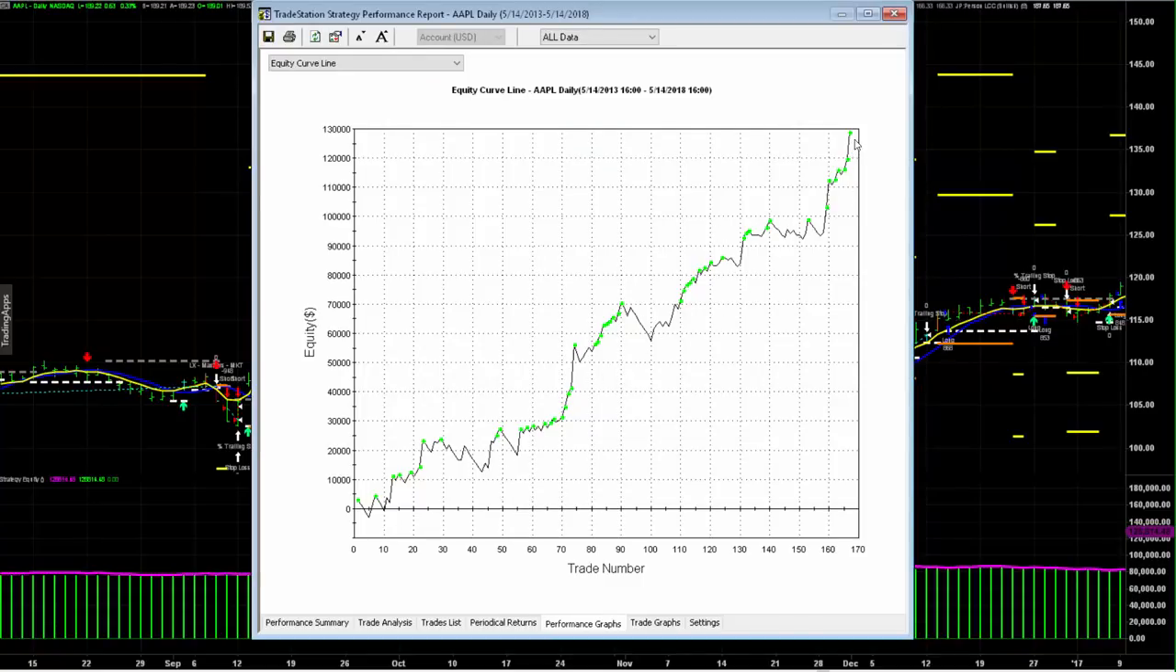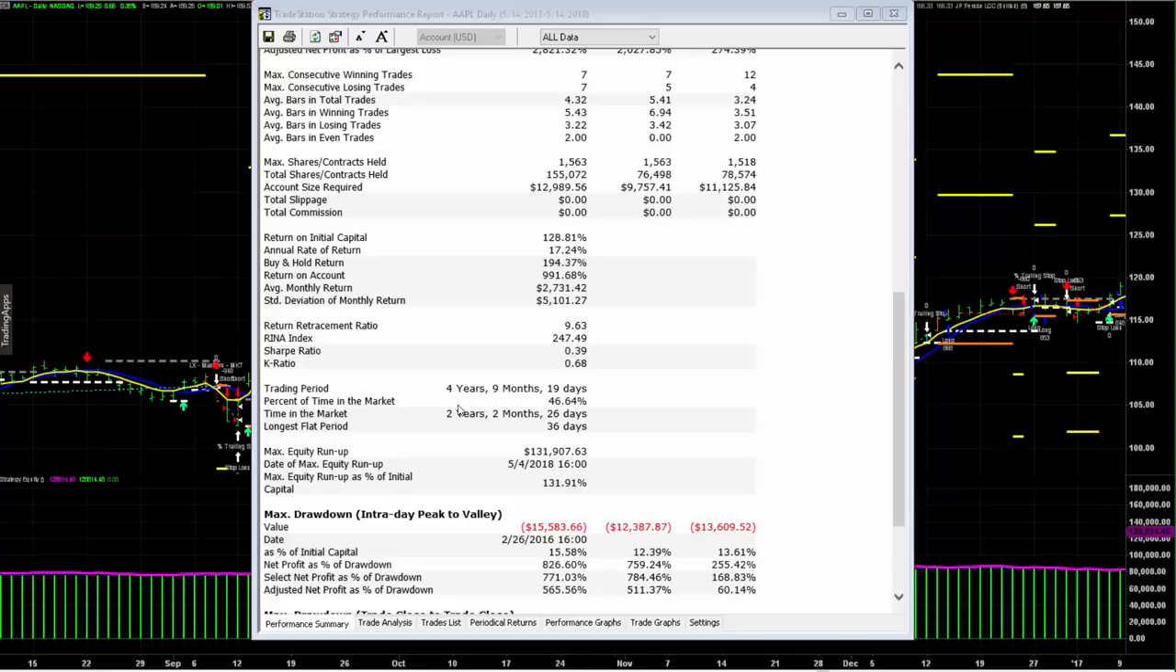You know, it just didn't do as well as buy and hold, but it did give you a better rate of return on the money you invested for the amount of time that you were in. So it really did outperform. Sharpe ratio is less than